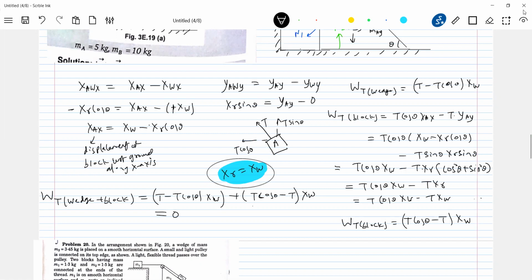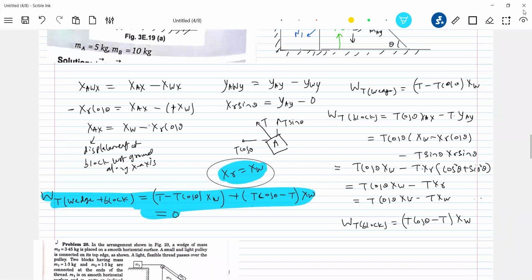Okay, sir. Okay, this is about the work done by the tension. So it's not that easy. Something we have to really go deep into the free body diagram, work out displacement, everything. Then we can conclude here. Let's get into the normal contact now. The problem is not over. Again, we have to fight for the work done by the normal contact.